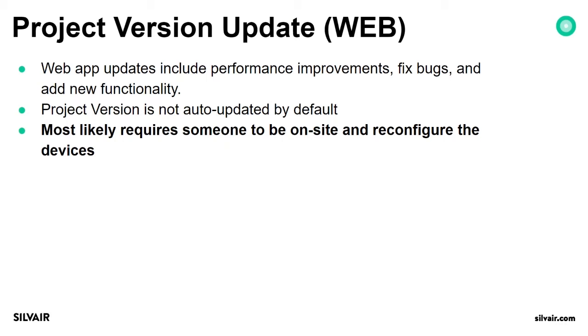Project version update. Web app updates include performance improvements, fix bugs, and add new functionalities. Project version is not automatically updated by default and most likely requires someone to be on site to reconfigure the devices. So this is very important to not click too fast